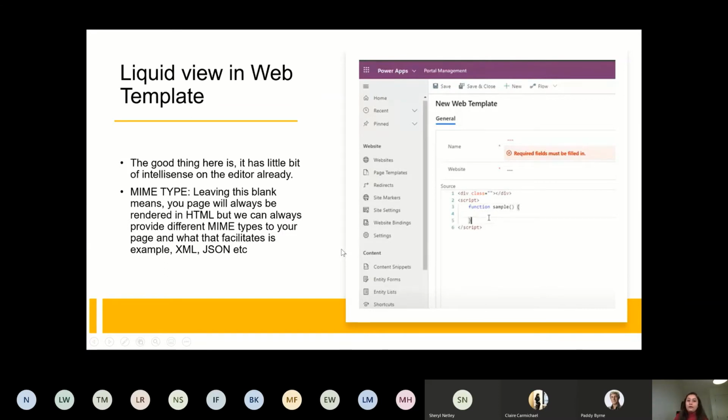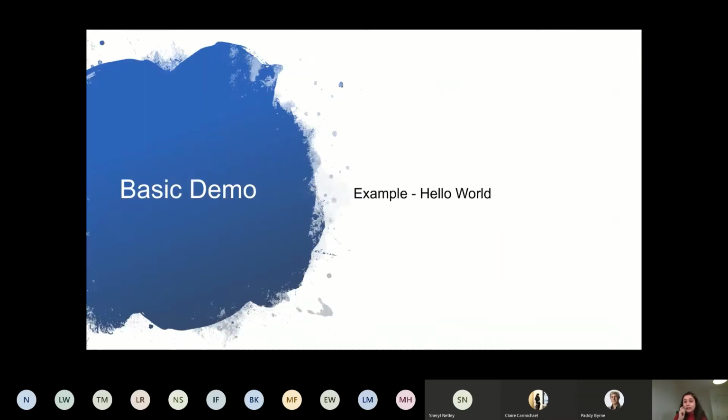So this is the basic of Liquid. It's a very simple, server-side language, and it has very simple data types, and we can fetch whatever we want from Dynamics and show it on the portal. Basically, to customize a portal in a way that we cannot do using out-of-the-box configuration, we use the coding part, and we use web templates, custom web templates basically. So let's get started, like a college class. We are going to see how to print hello world on the portal screen, and then we'll jump a little deeper into each of its tags.